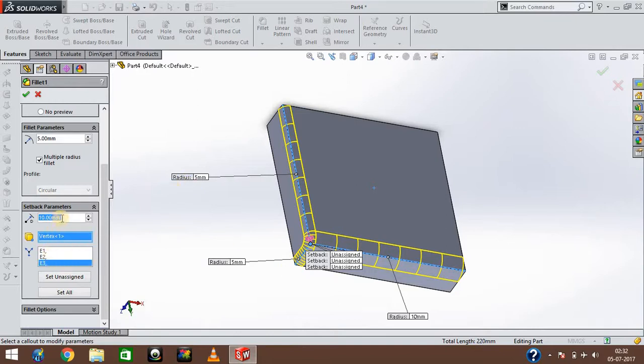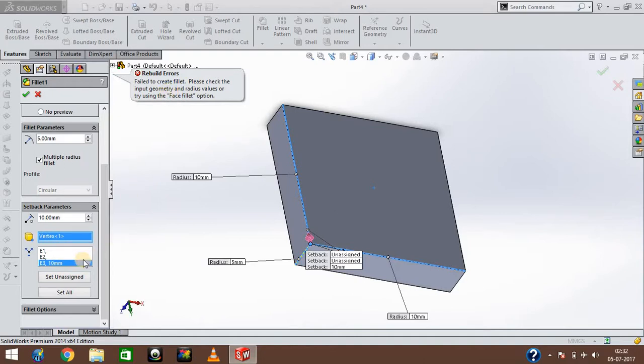Here you can add different radiuses to all three edges. Here I can add 20, or here I can add 5, here I can add 10. If I select OK,